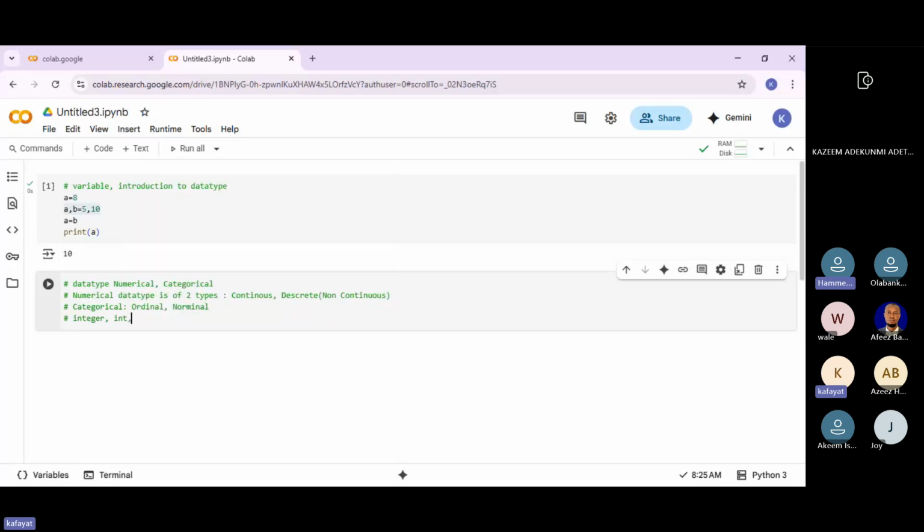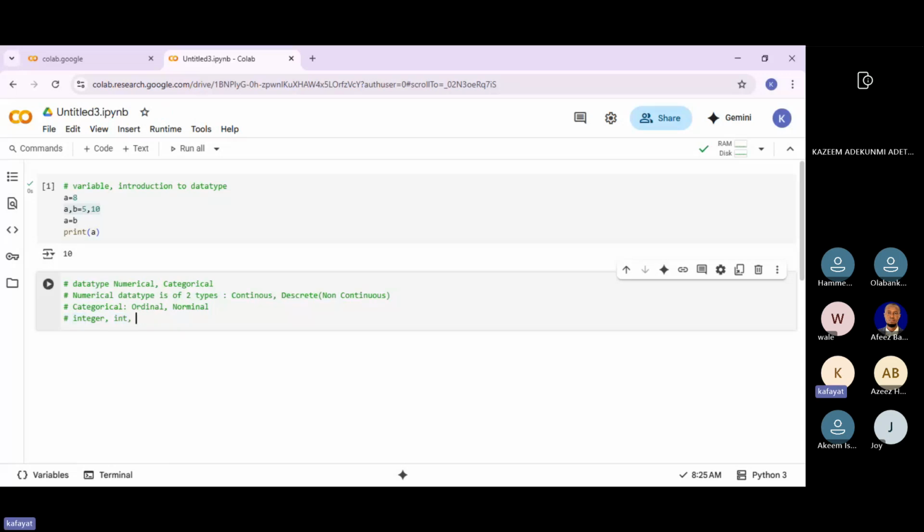And what did I say? Why did I say a whole number? A whole number is a discrete number here. So if you are to present any discrete number, you know the data type must be an int. Are you getting it?